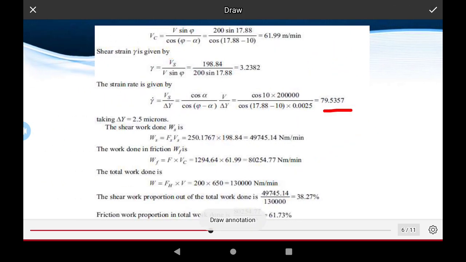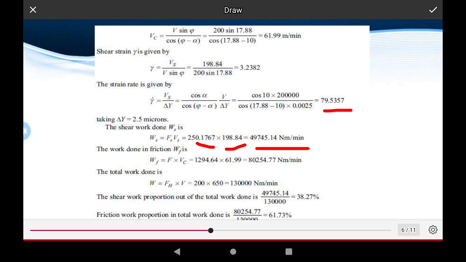This is the value; find out the delta, the microns. Take for the microns. The shear work done is Ws, Ws equal to Fs into Vs. The Fs value is this; find out Vs, in Newton meter per mm square. The work done is